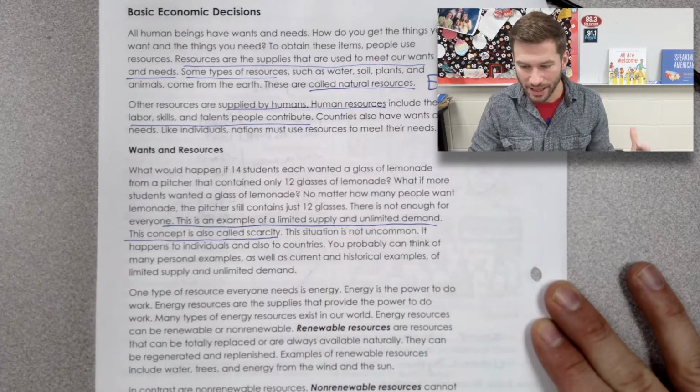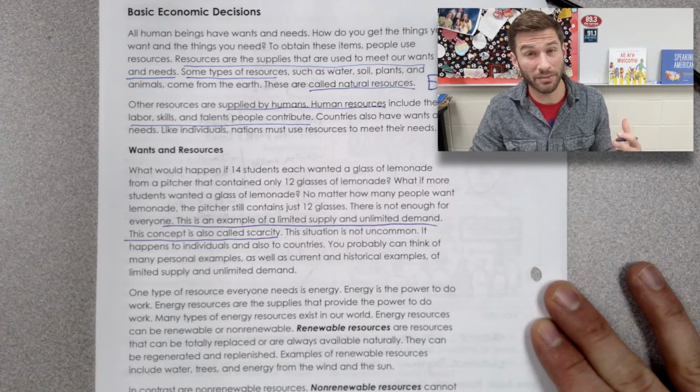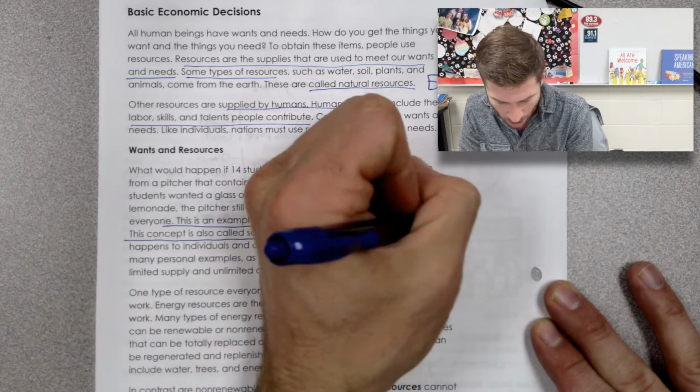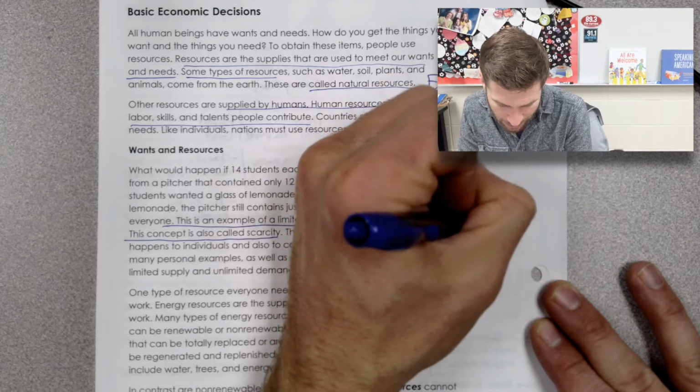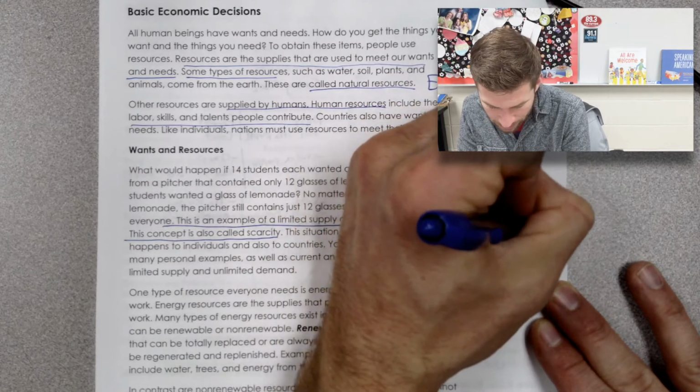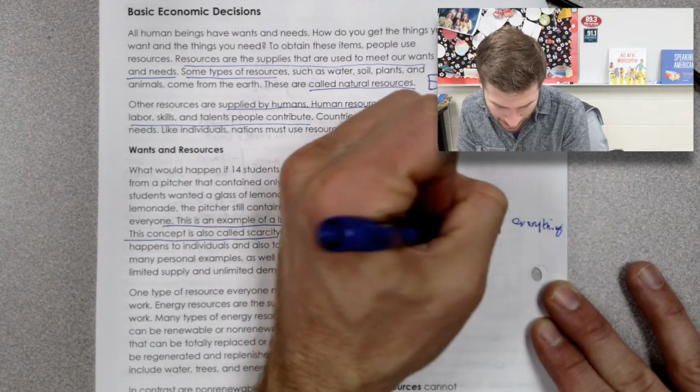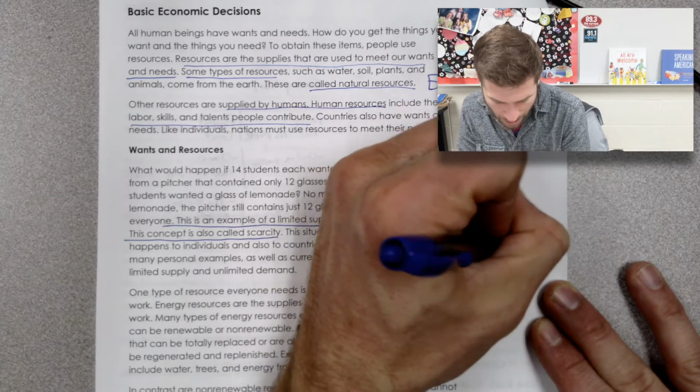And when we have this idea of scarcity, this idea of limited supply and unlimited demand, we should probably note that nearly everything is limited. And even if the supply of it isn't limited, oftentimes access to it might be limited. For example, there is a massive amount of fresh water on the planet Earth. There is enough fresh water to supply every human being with the fresh water that they need, but not all individuals have access to that fresh water.